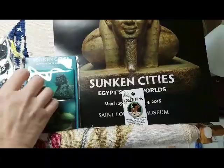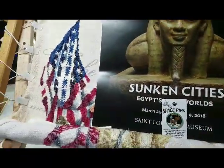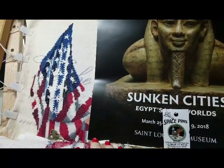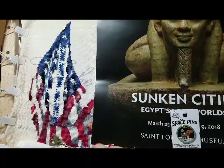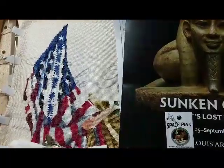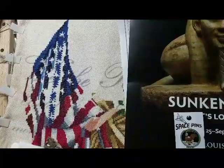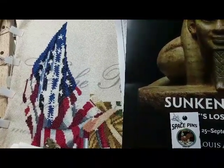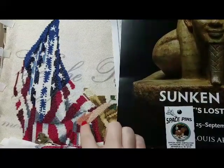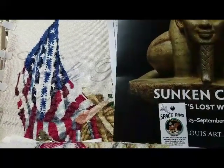And since the guests already just left, I think I'm gonna start working on my stitching, since I haven't done anything since last month. It's September, so September 11 is coming up, and I'm gonna work a little bit on my Lady of the Flag that was created for September 11th by Mirabilia, Nora Corbett. And I'll probably work more on the flag part. Still haven't gotten threads to try out for evening out this